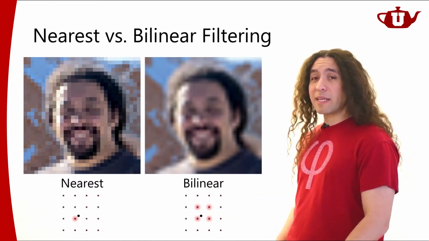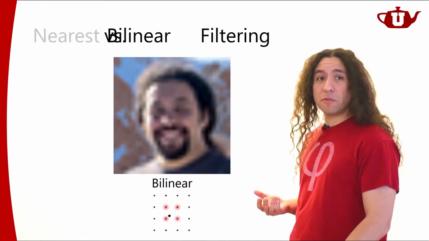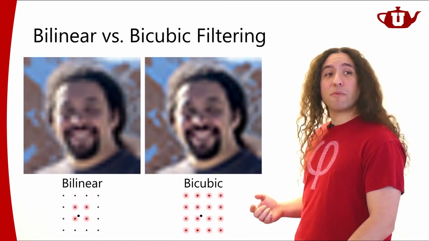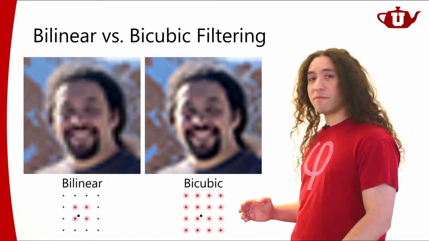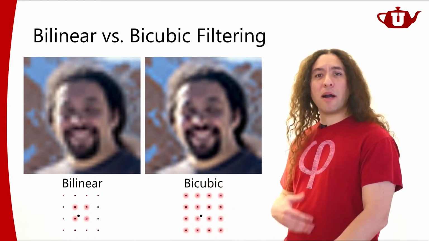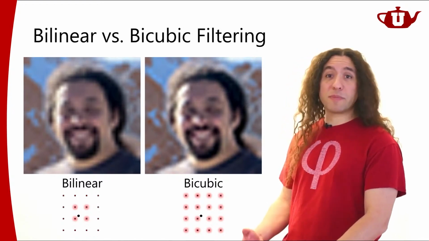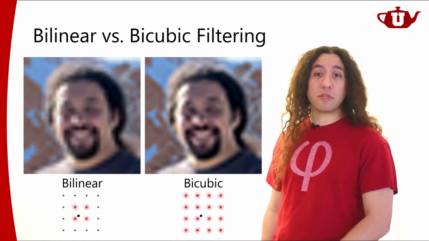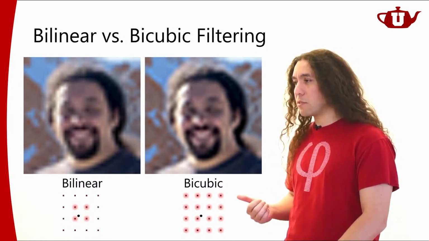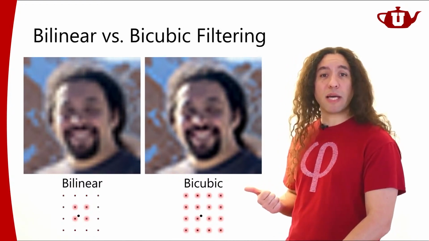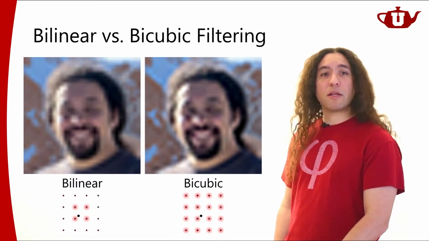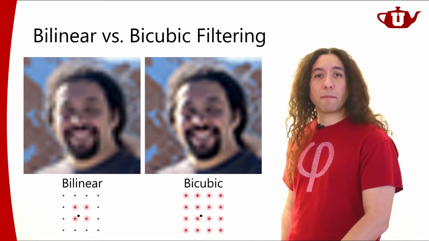Of course, bilinear filtering is not necessarily the best we can do. We can do better things. For example, we can do bicubic. Bicubic would do an interpolation of values in a 4x4 neighborhood. So it's going to use a higher order interpolation. More specifically, it's going to use a cubic function to do the interpolation. I'm not going to get into the details of bicubic because the current GPUs don't really support that. We can only do bilinear filtering with current GPUs. But for high quality offline rendering, you might want to use bicubic filtering.